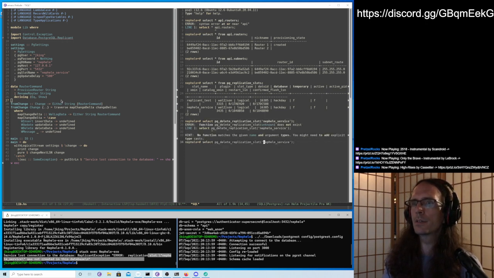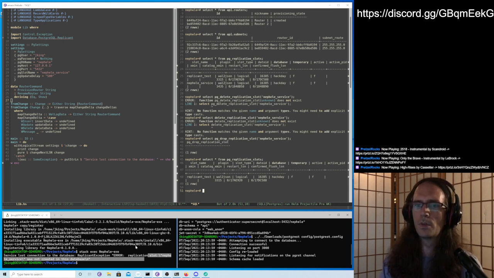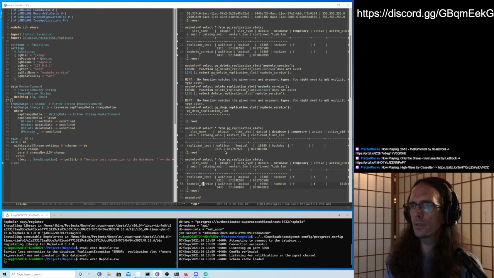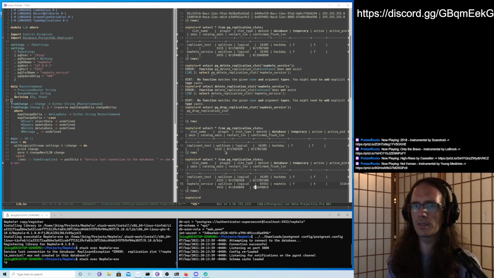Oh, it's not that. Just delete. Or is it drop? Maybe it's PG drop. There we go. Cool. So then when we run this, that should just connect to that replication slot. It should be created now and active. It's active T. We got a PID serving the events for that slot there. Cool.